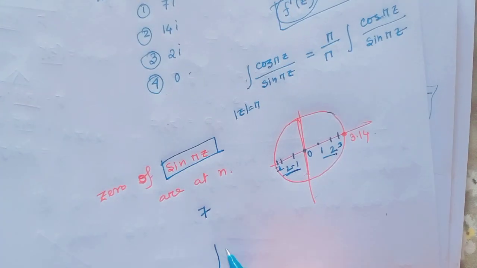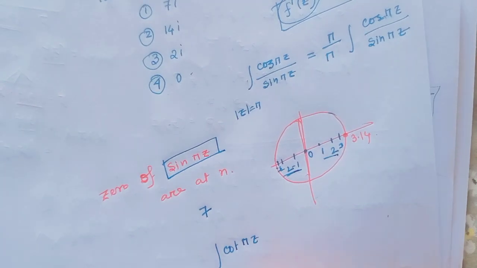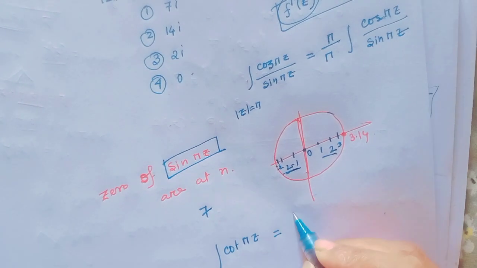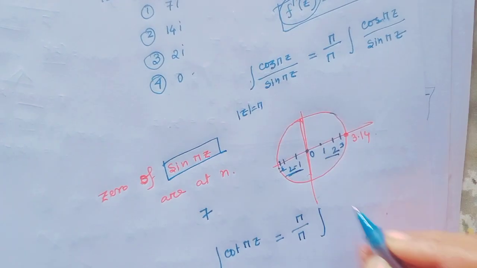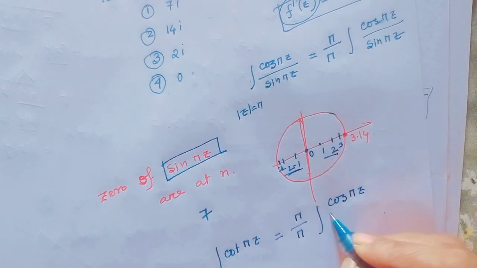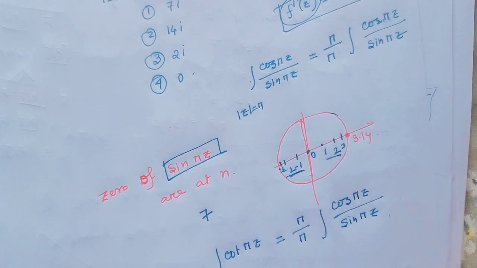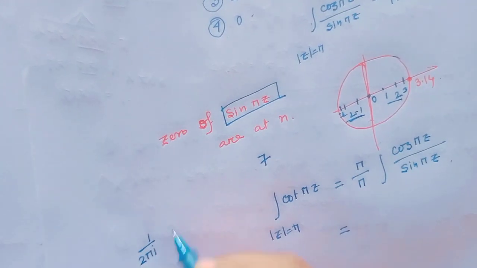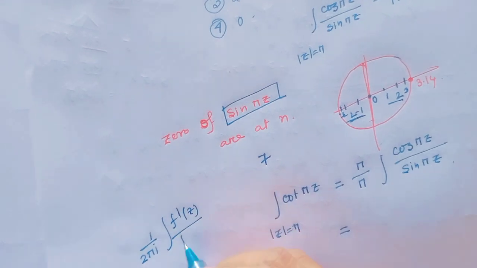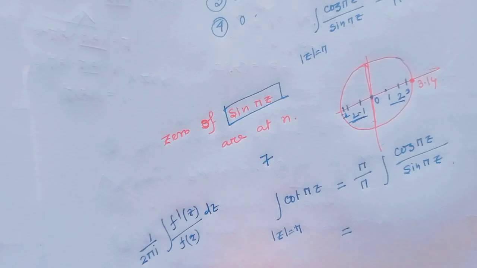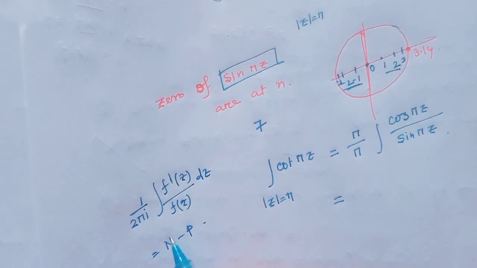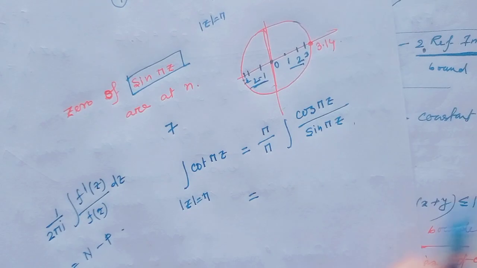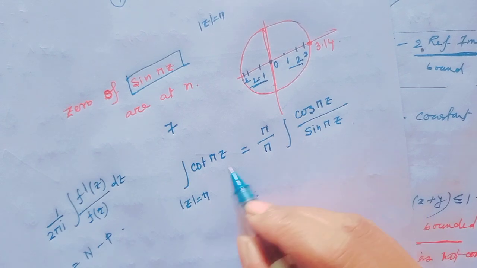Therefore, cot pi z in the contour mod z equal to pi, this value would be pi over pi times cos pi z over sin pi z, and this is equal to, by the argument principle, because argument principle means 1 over 2 pi i integral of f prime z over f z dz, this value is equal to n minus p, where n is the number of zeros and p is the number of poles, and this value is equal to